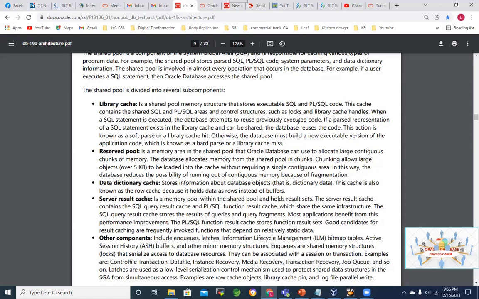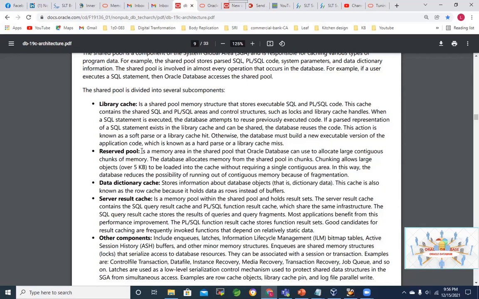If you take a look at this one, they are also explaining the cache hit and cache miss. So a soft parse they are categorizing as a cache hit because the execution plan is already available in the library cache, and a hard parse they are categorizing as a cache miss because Oracle has to generate the execution plan because the plan is not available in the library cache. So that we discussed. So this is where we stopped, the reserved pool.